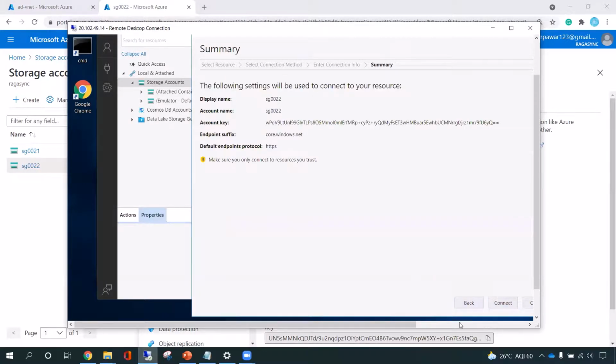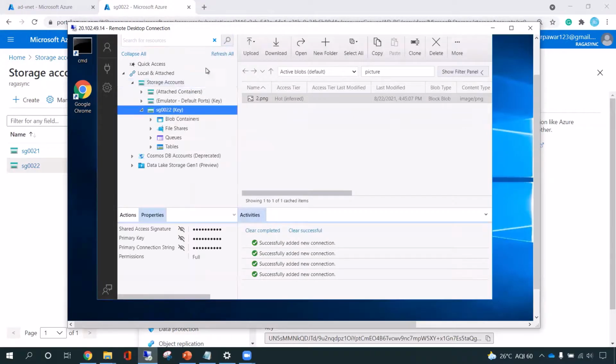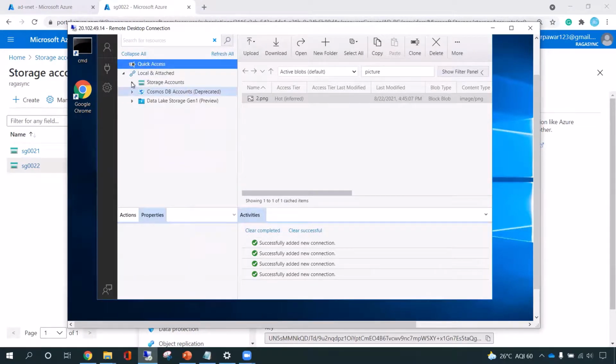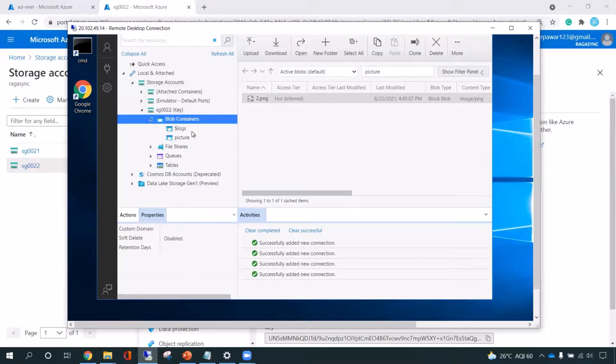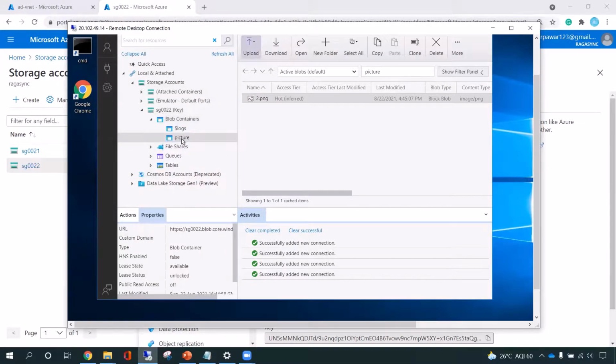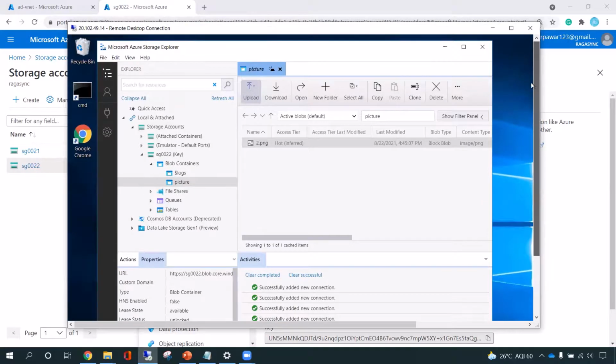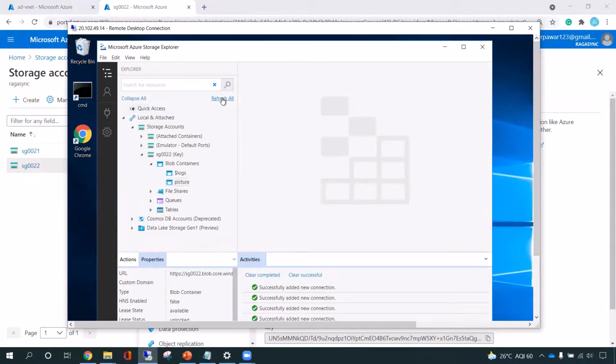Next, connect. Refresh it. Yes, I can access the file.